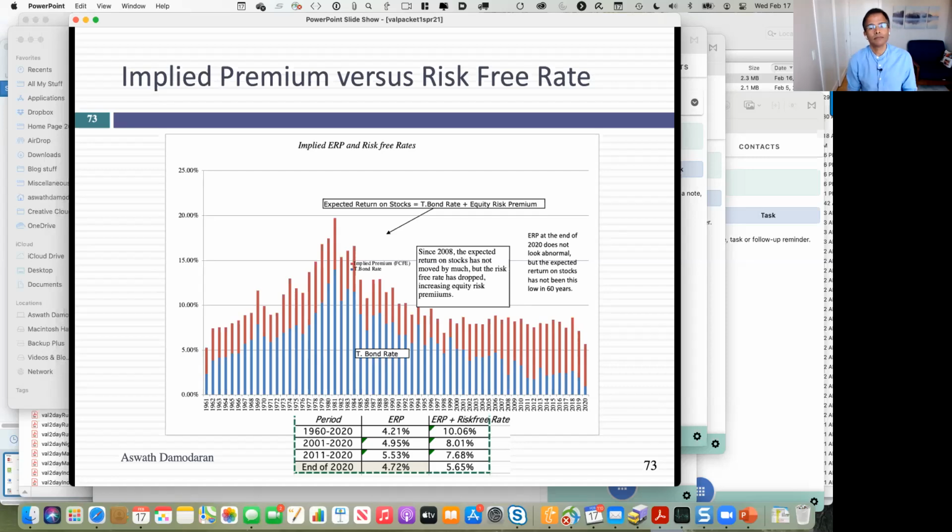Laura? Yeah, I'm struggling with a few things that seem to be competing with each other in my mind. I want to clarify with you. So if what we're saying right now is the ERP plus the risk-free rate is at a historic low, then doesn't that assume that we potentially could be overvaluing returns in the future? No, overvaluing only if we ignore the fact that we don't have any opportunities. Because remember, the essence of overvaluation is you're going to take your money out of stocks and put it somewhere else. Right? The question is, where are you going to go right now?